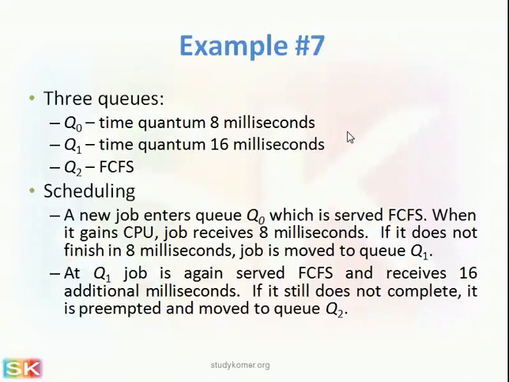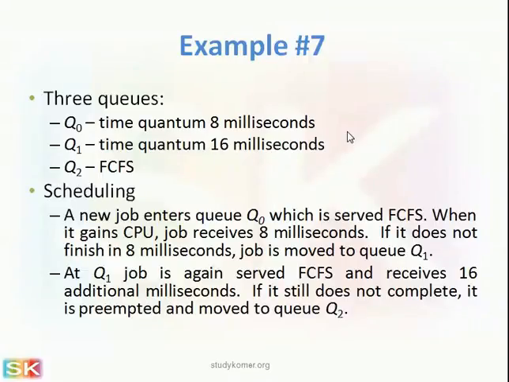And scheduling is: a new job enters Q0, which is served FCFS. When it gains CPU, the job receives 8 milliseconds. If it does not finish in 8 milliseconds, the job is moved to Q1,